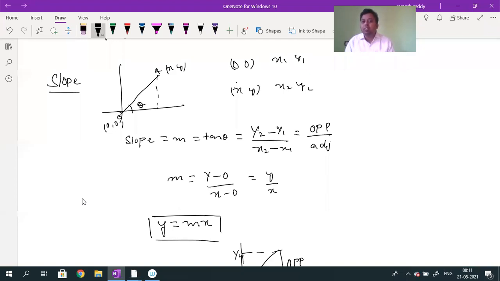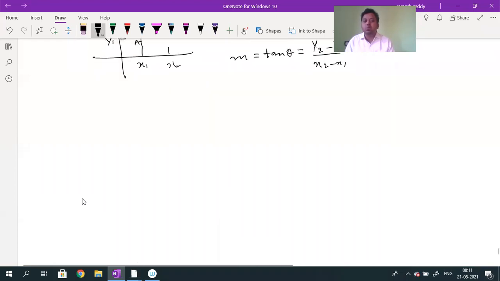Why can we not consider the cot? Sir, that is the general definition for the slope. To calculate slope, it is the ratio between the change in y coordinate by change in x coordinate. Slope is not always measured from the positive. Slope can be negative. Whenever y2 value is greater than y1 and x2 value is greater than x1, obviously x2 value will be greater than x1. How do we know whether the slope is positive or negative?